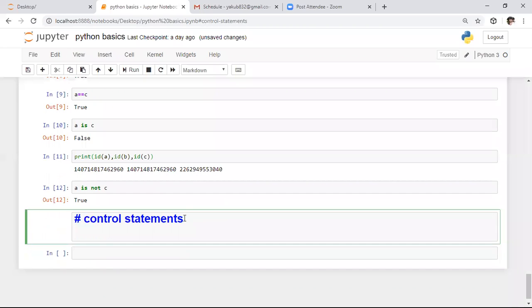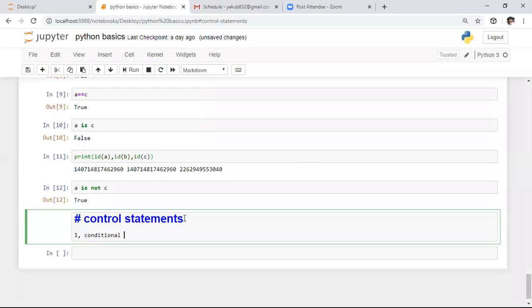Control statements: in order to control the flow of the execution of the program, we need to use control statements. In control statements, we have three categories. The first one is conditional statements.